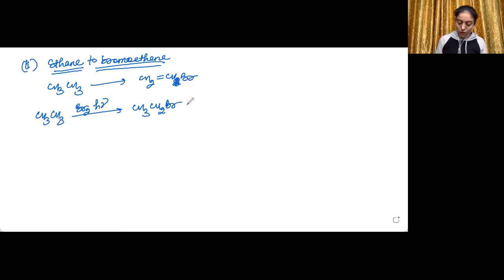Okay. Now what you can do is treat it with alcoholic KOH. Now what is the property of alcoholic KOH? Alcoholic KOH leads to dehydrohalogenation. If it were aqueous KOH, it would lead to the formation of ethanol. It will replace Br negative with OH negative and we will get alcohol as the product. But if we need alkene as the product, we will be using alcoholic KOH. So it will lead to dehydrohalogenation.